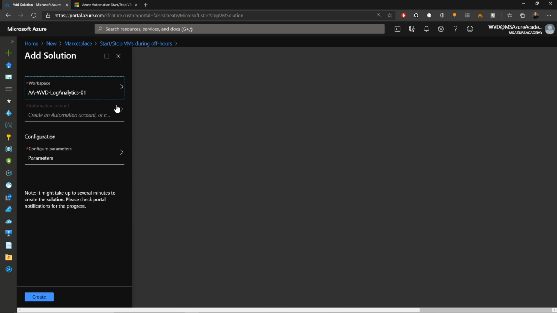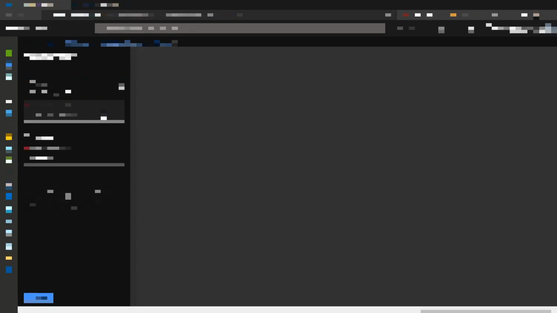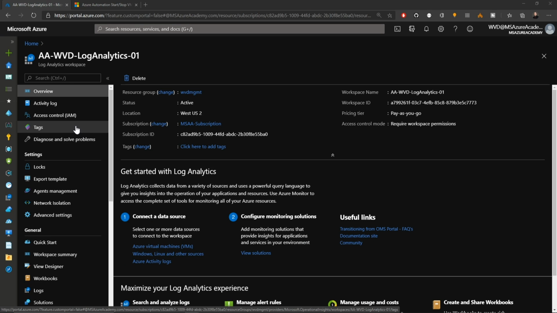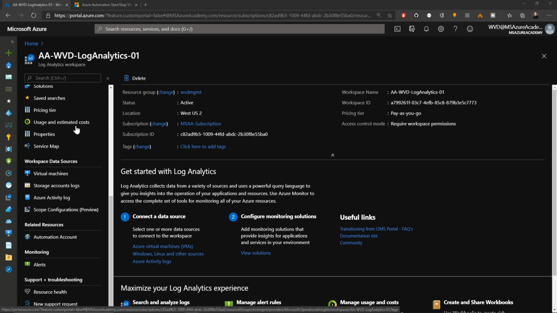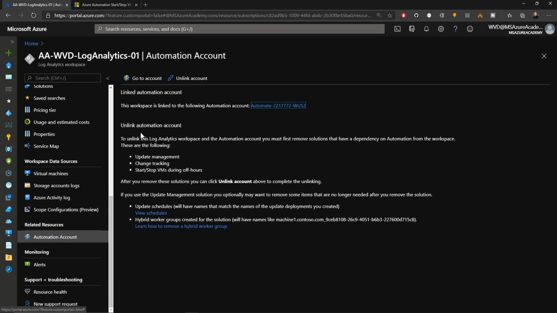And if I do select that, you'll see over here on the left that an automation account has already been chosen for me. Now, why would this be? If we go over to that Azure Automation account and we scroll down in the blade to the bottom and then we go to Automation account, you can see here that my automation account has already been linked with this